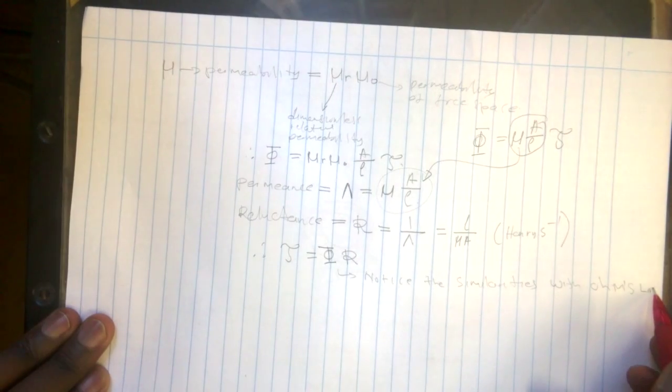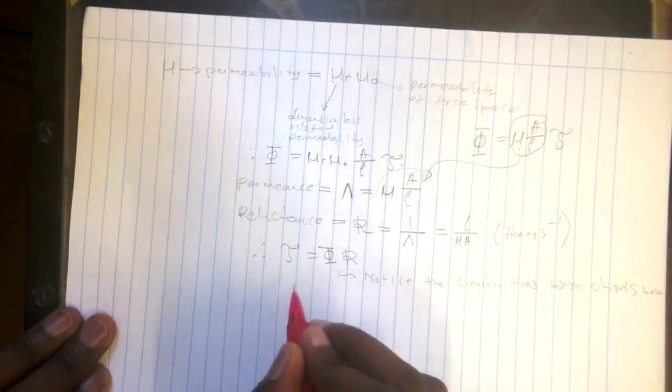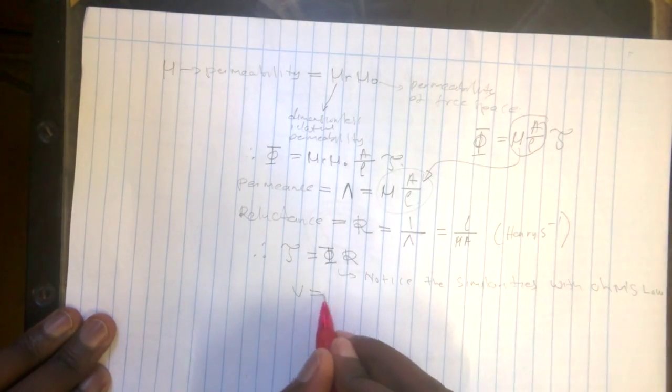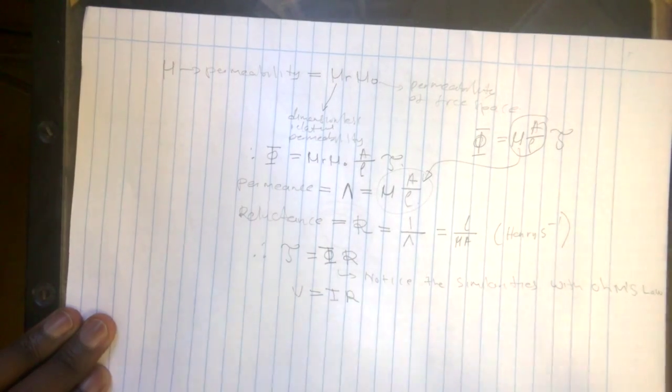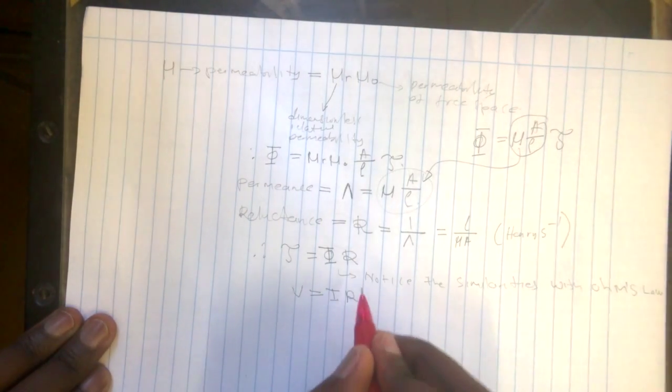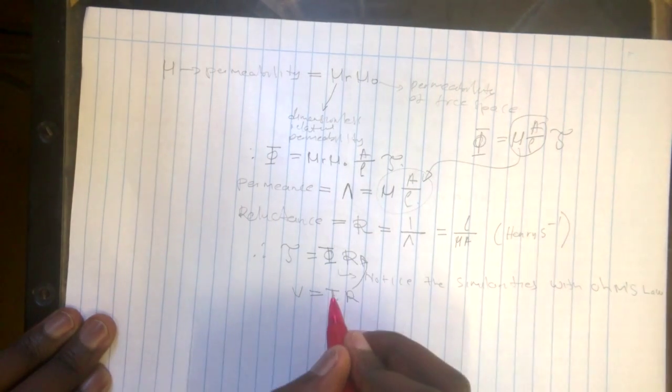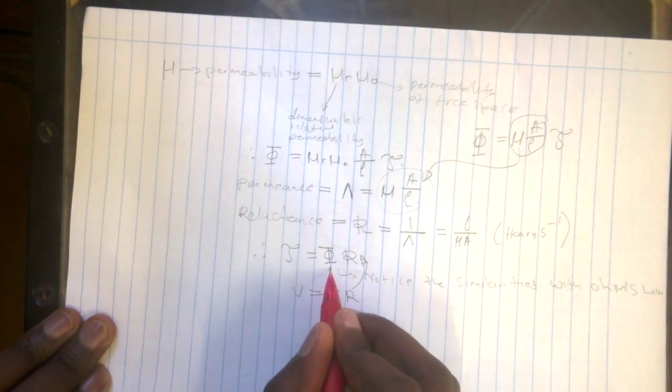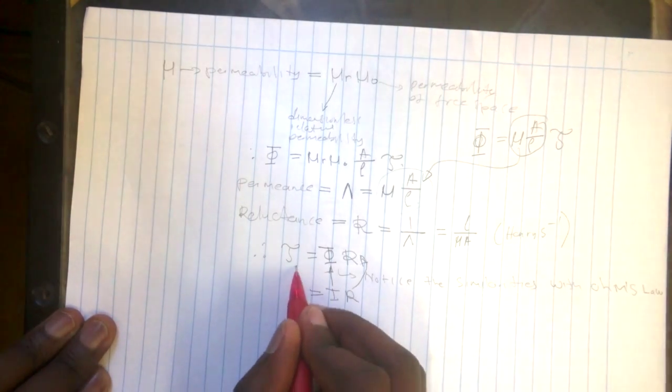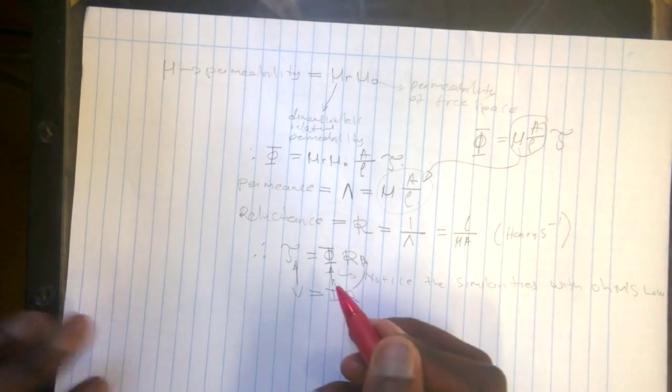Ohm's law is V equals IR, which means resistance can be related to reluctance, current can be related to magnetic flux, voltage can be related to MMF, which is magnetomotive force. And then what we have here is going to be